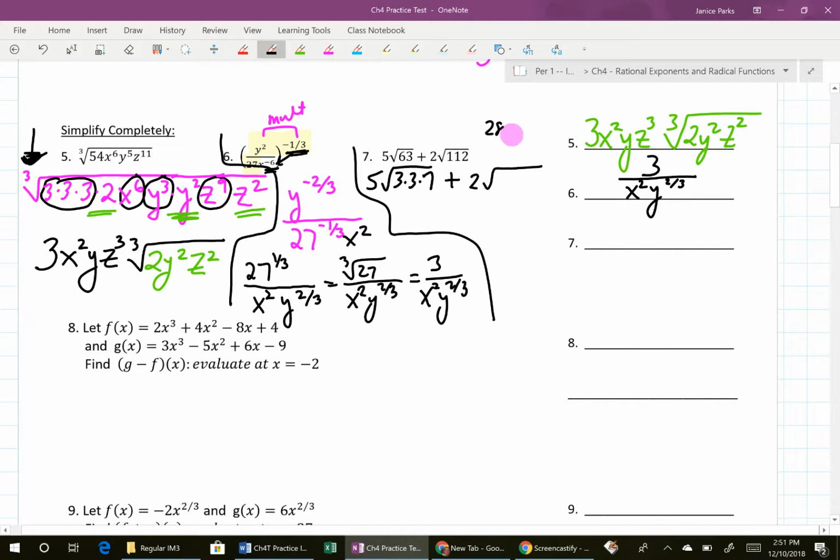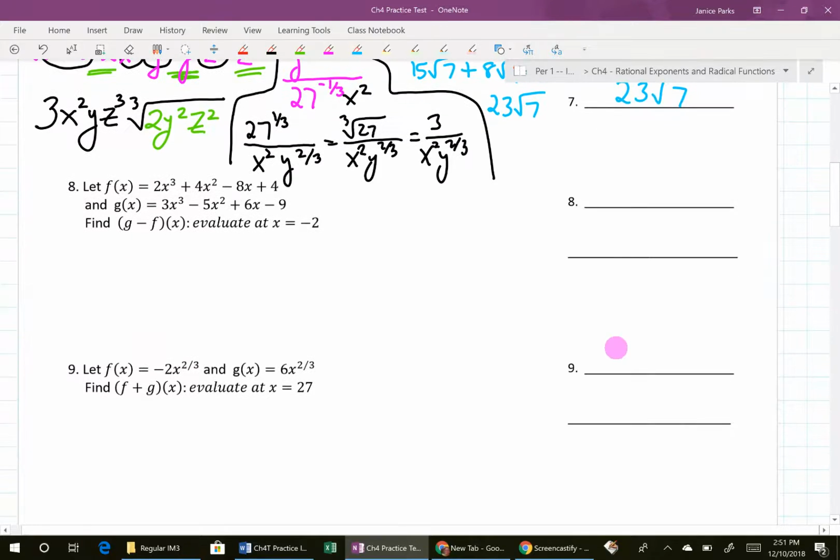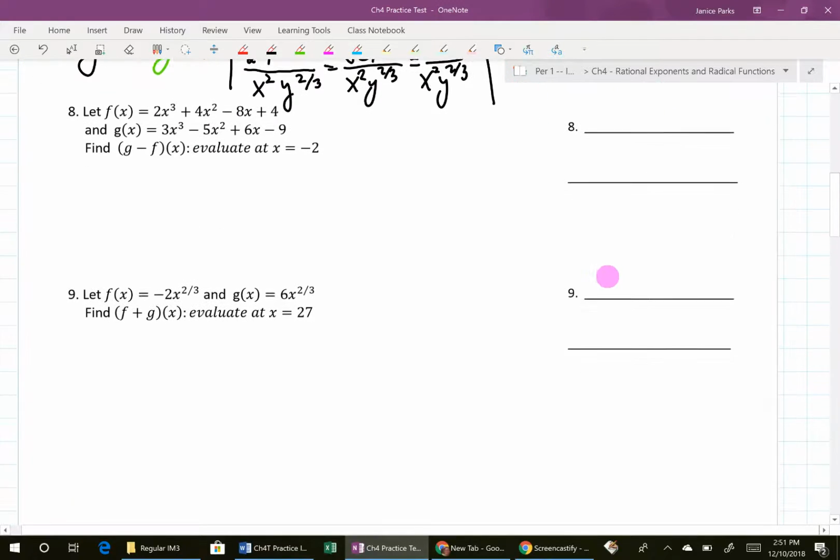112 is 28 times 4, which is 2 times 2 times 7 times 2 times 2. So I have 15 square roots of 7. 2 times 2 times a 2, that's already out there. That's 8 square roots of 7. So that gives you 23 square roots of 7. That was number 7. For number 8,